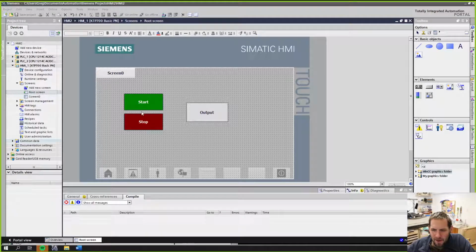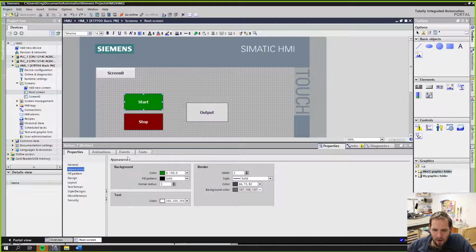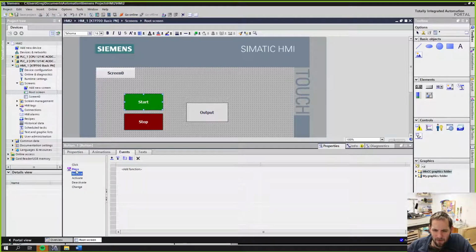HMIs, we've already covered adding buttons. We've already covered basically adding just basic shapes to make outputs that we can change colors. All right, remember buttons, we had to come into properties, bring this window up, and we had to come in here to events. So on press, we created a set while keep rest, and then we also didn't have to